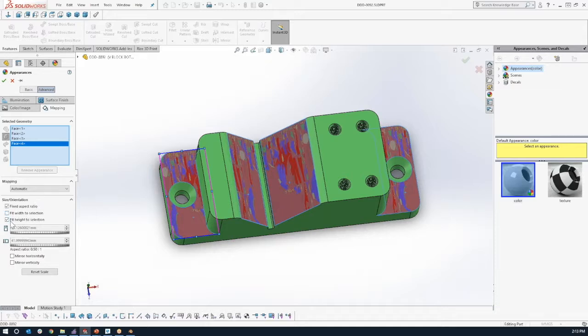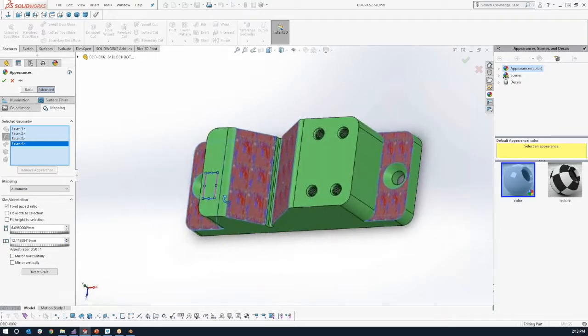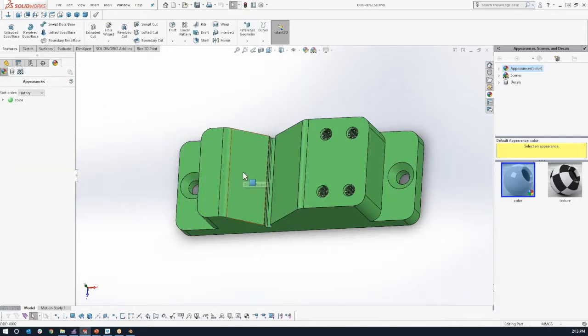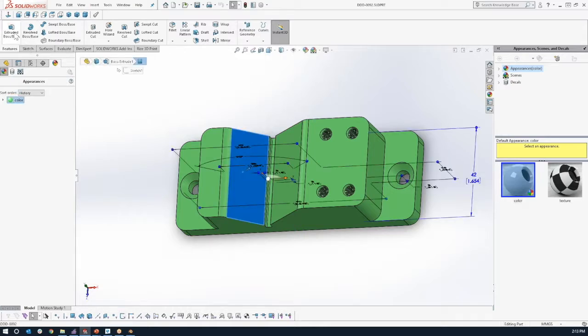So if I didn't want to fill the entire face of this part, then I could scale this down. However, that results in the tiling that we saw before. So unfortunately, I'm not able to turn off this tiling option. So if you want to only color a small section of a face with an image, then you'll need to find a way to only select that portion of the face. This could be, in some cases, done with an embossment or an engravement. So I'll give a quick example